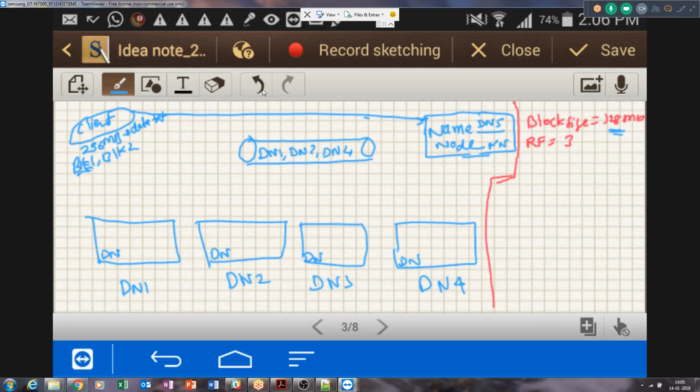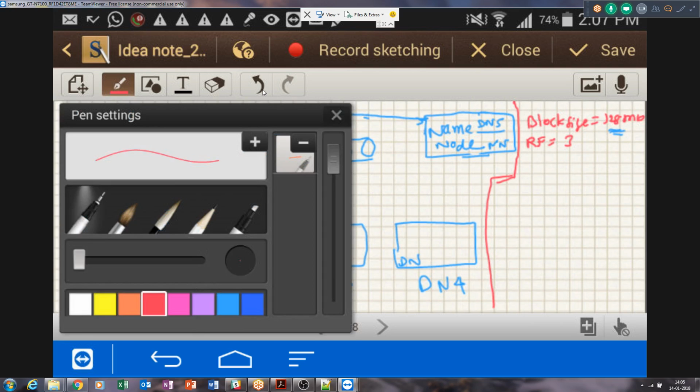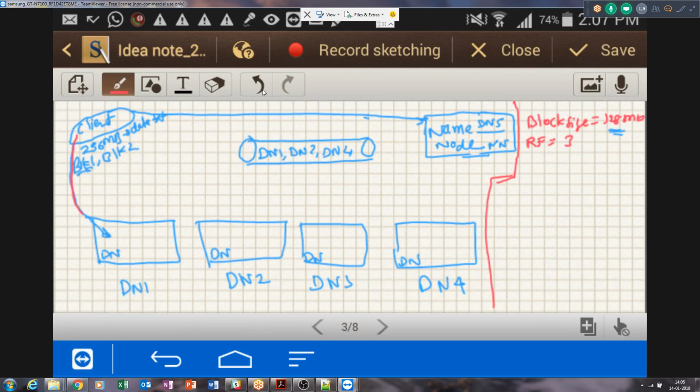The client will start writing the data and give the first copy of block 1 to data node 1. BLK1 has come here. Once this first copy gets written, the transaction is marked successful.